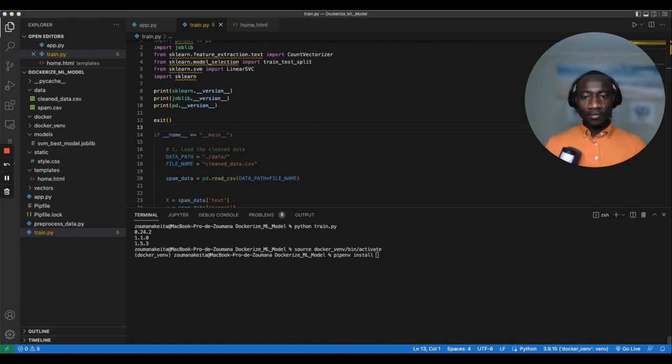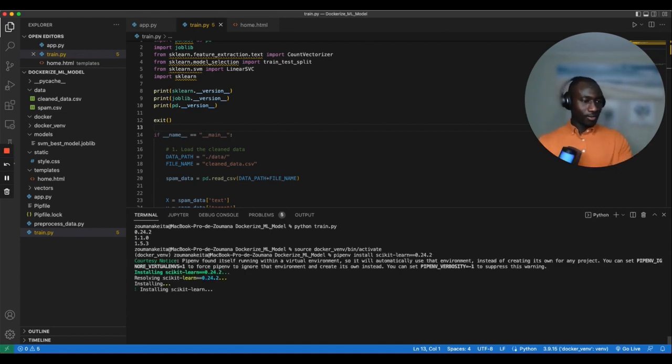Install. So we're going to install scikit-learn. The version that we are using is 0.24.2, and also we install joblib. I think we have already installed joblib, so no need to install it again. And now we can install scikit-learn. All right, this is going to install the exact version of scikit-learn that has been used to train the model,